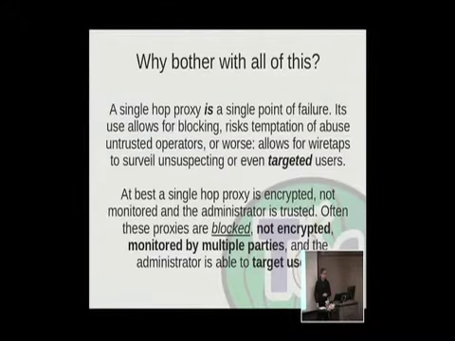But basically, if you have a single hop proxy, you have the ability to be targeted, you have the ability to be wiretapped. There's all sorts of really bad stuff that happens with a single hop proxy. And not the least of which is that you do have the very serious problem of politicians and wiretappers getting together to have a little ball. And their wiretappers ball is a pretty serious one. So single hop proxies just will not protect you, I believe.